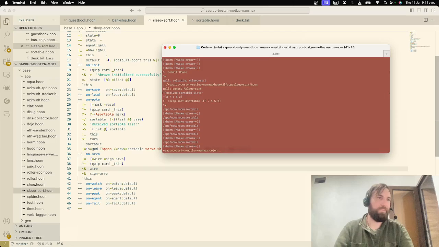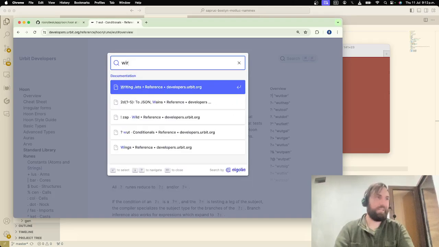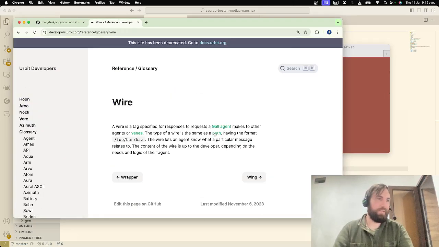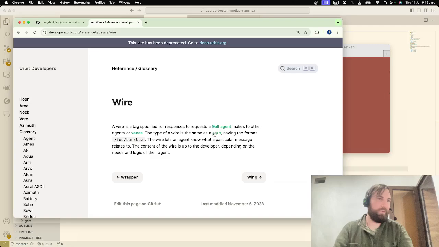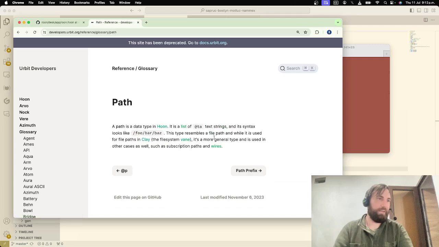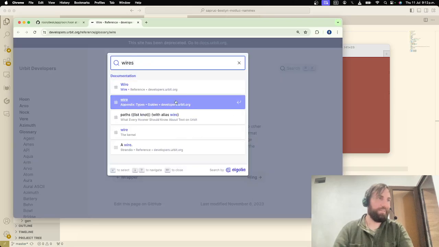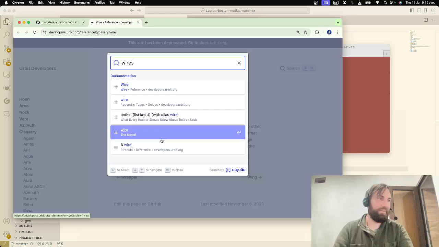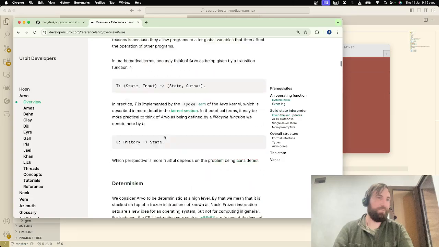So, it's just printing out the word now. So that definitely does not work the same way. Let me look up, what is that called, a path? Or I guess it's like a wire, but a wire is a type of path. Wire, a path. I know there's some guide in here somewhere about wires. So wire is just a synonym for path. That's fine, but